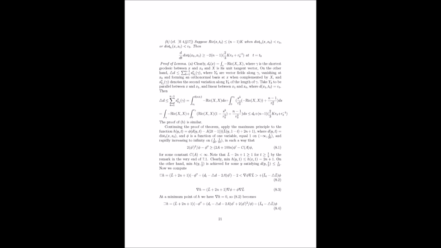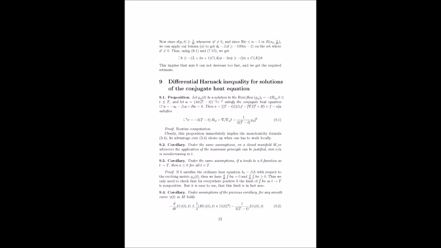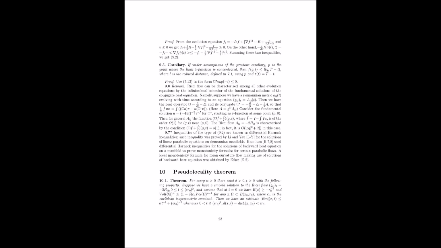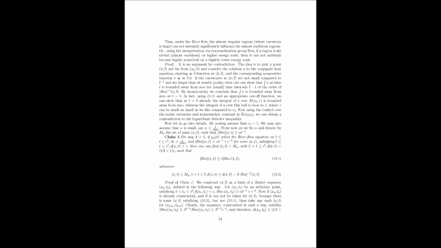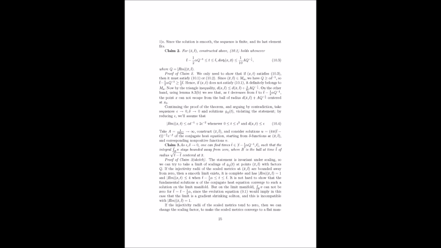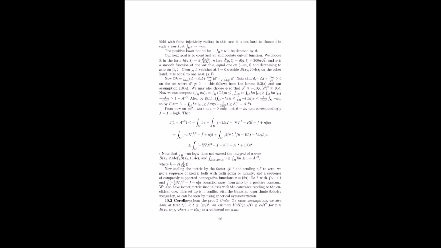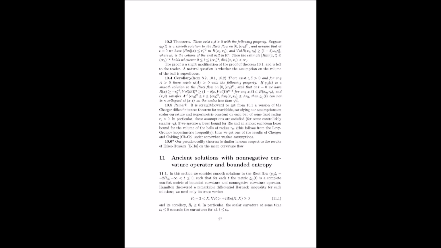Exactly. And what's really remarkable about this theorem is that it holds even if the curvature in other parts of the shape becomes very large. It's like a shield that protects this almost Euclidean region from those distant storms. That sounds incredibly powerful. How does he actually prove that this shielding effect works? Well, he uses that differential Harnack inequality that we talked about, the one for the conjugate heat equation, to control how fast the curvature can grow in this almost Euclidean region. He constructs this special function and uses a really clever cutoff argument to isolate this region and then analyzes its behavior. So he's like building a mathematical firewall to prevent the chaos from spreading too quickly.